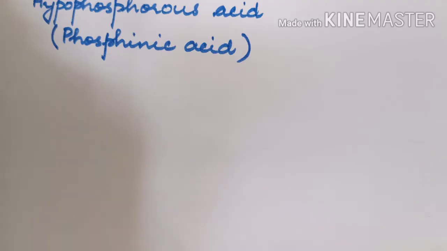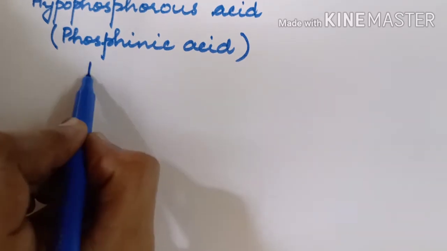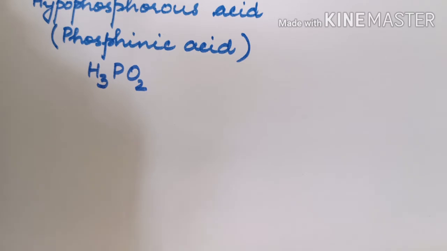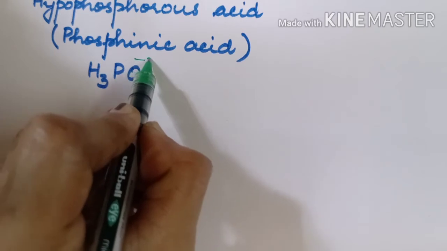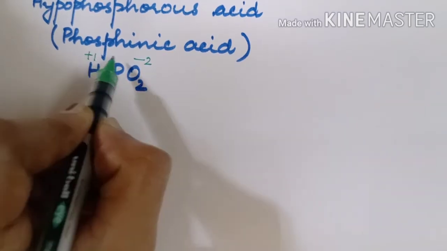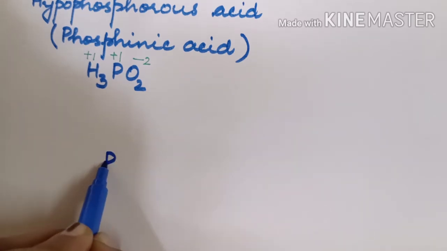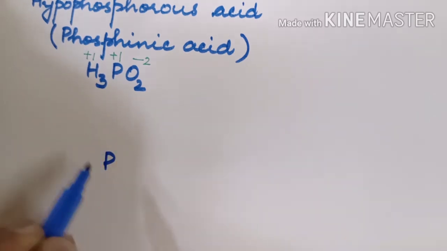This video is about the oxo acids of phosphorus. Hypophosphorus acid has the formula H3PO2. On checking the oxidation state of phosphorus, one is able to understand that it is carrying +1 oxidation state. The molecule assumes a tetrahedral structure wherein P is the center point and around P we have